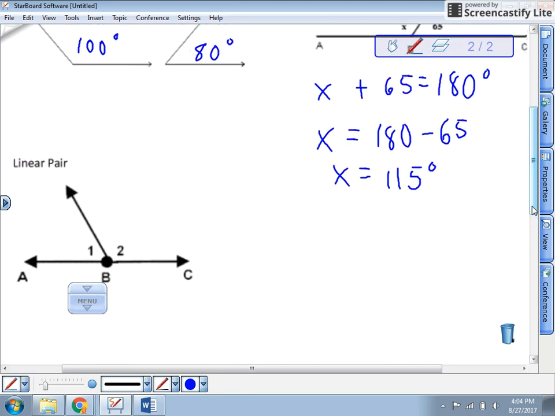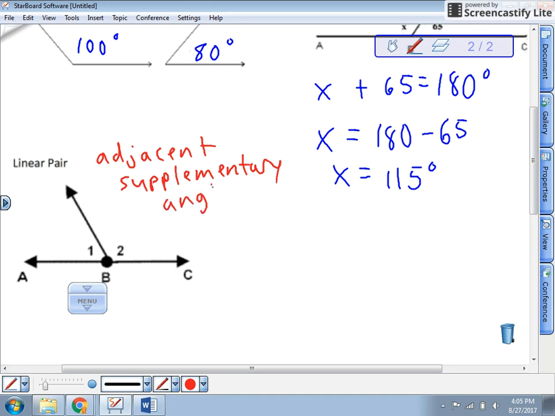Okay, on to a linear pair. Okay, when you look at linear pair, all it is is a special name we give to adjacent supplementary angles. That's all that is. We know what adjacent angles are. We know what supplementary angles are. That's all linear pair is. Again, it's two angles that form to make a line, that word linear. And here it is, two adjacent angles, there's the line. So angle 1 plus angle 2